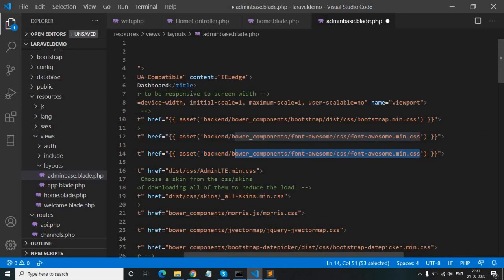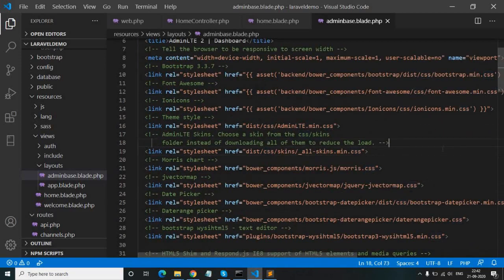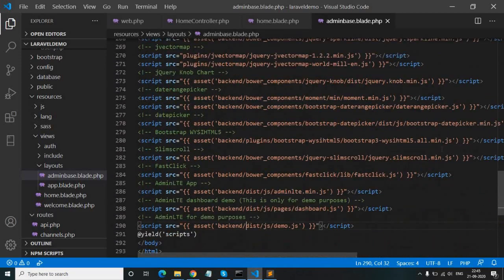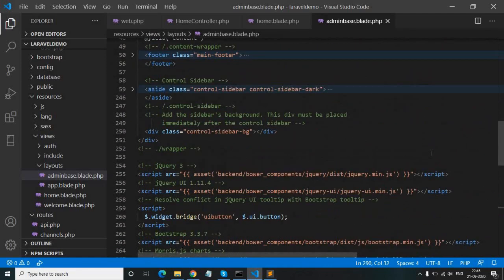Like this we will replace all the CSS and JS files. With the help of this syntax we will replace all the JS and CSS files. So now I am going to pause this video and resume when I have replaced all these URLs. Now I have replaced all the JS and CSS URLs with the help of asset functions.